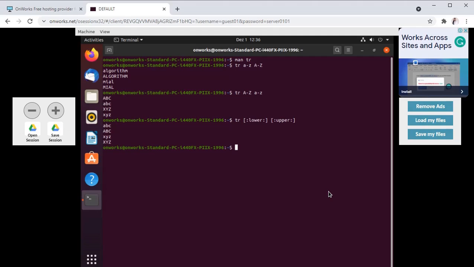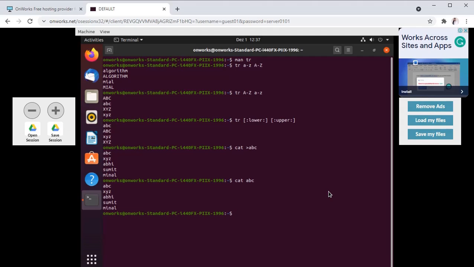Suppose we create some file. For creation of a file, write the cat command with the file name abc. Now the content of abc is abc, enter, xyz, enter, abhi, sumit, minal. For saving this file, press Ctrl D. Now see the content of this file, cat abc. So the content of this file is shown.